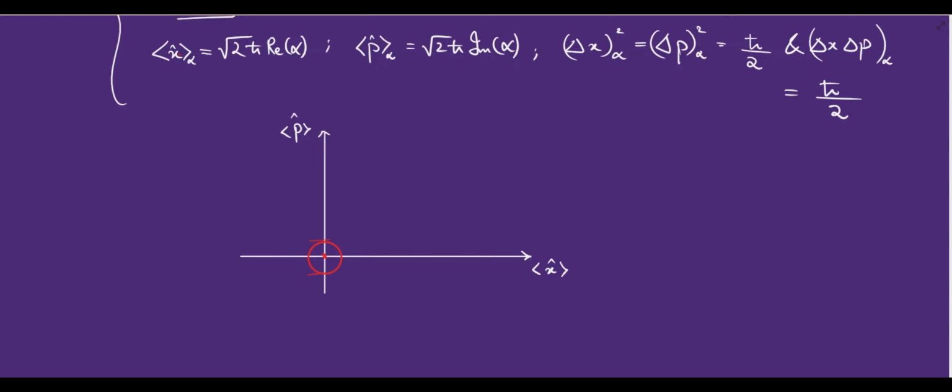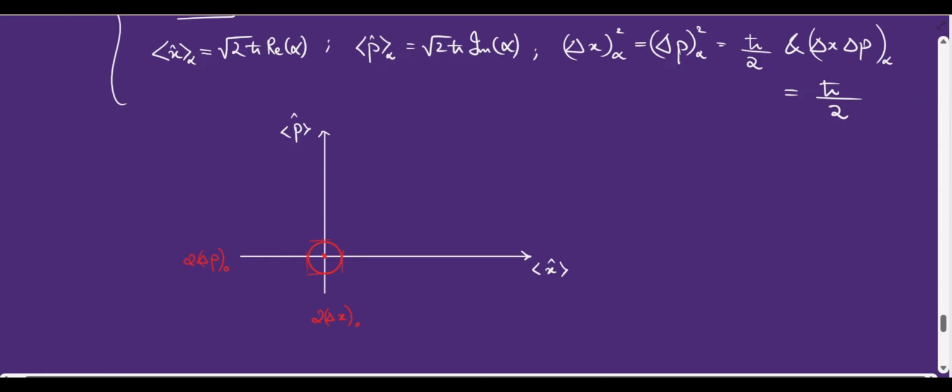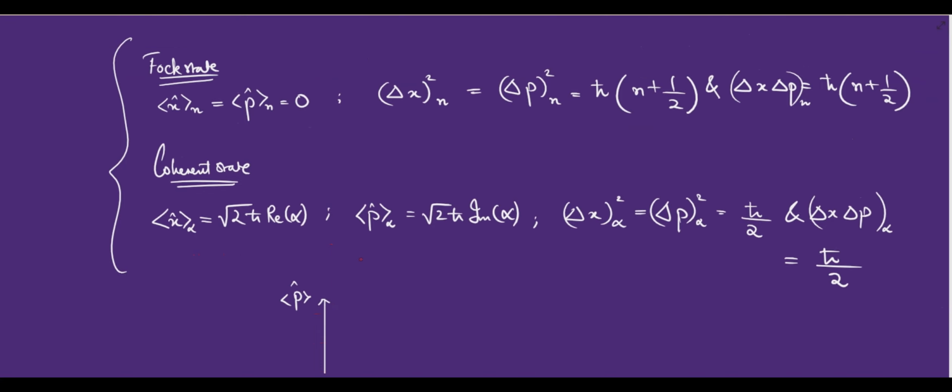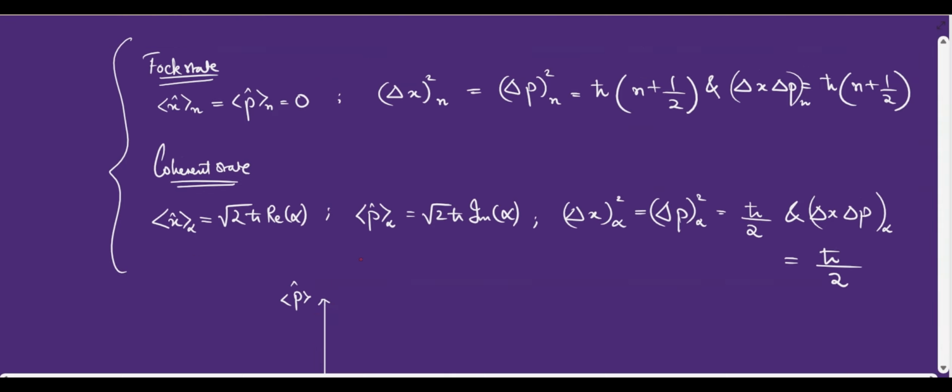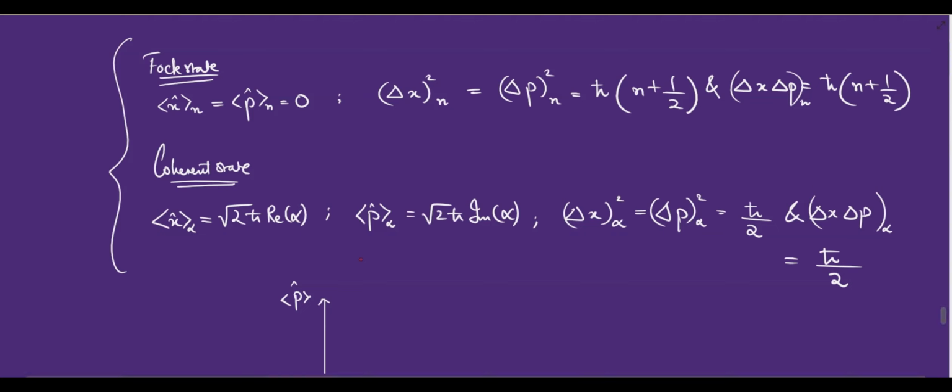But for now, let's just say that it is represented by this circle on the origin, and the spread of this circle is equal to 2 times delta p in the y direction and 2 times delta x in the x direction. So we had already derived these uncertainties here, and so if I look at it, it will be equal to